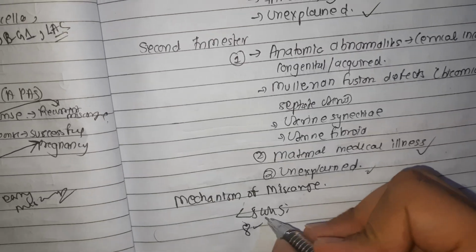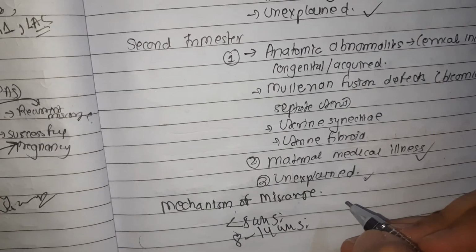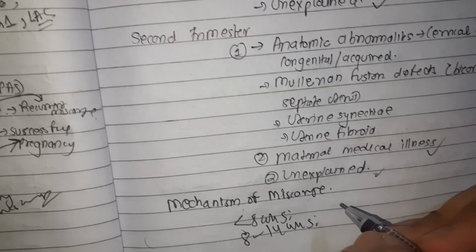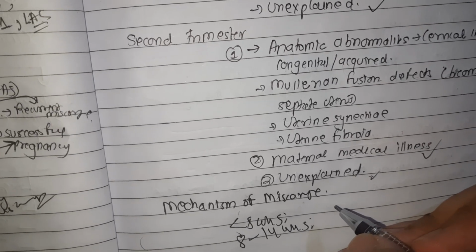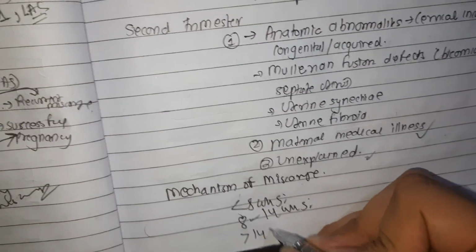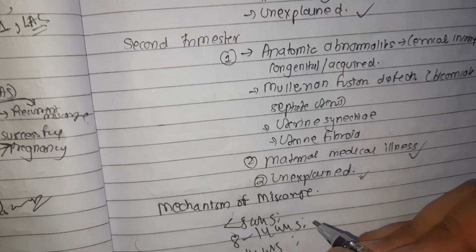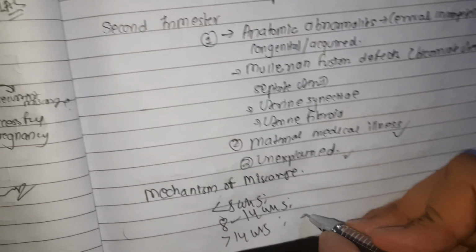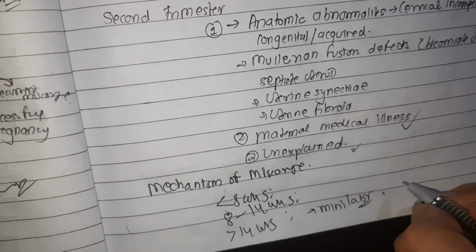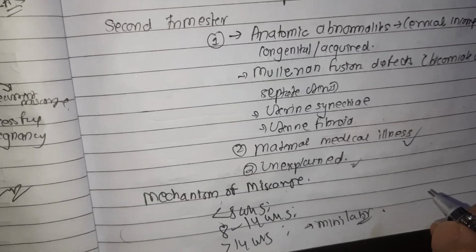And between 8 to 14 weeks, the expulsion of the fetus commonly occurs leaving behind the placenta and the membranes. A part of it may be partially separated with brisk hemorrhage or remains totally attached to the uterine wall. And beyond 14 weeks, the process of expulsion is similar to that of mini labor. Just like in labor, the fetus is expelled first, followed by the expulsion of the placenta after a varying interval.